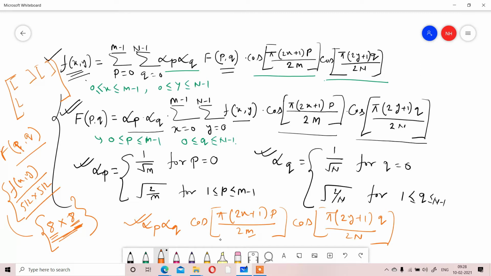Keep in mind, there may be a number of sets. Each set will have an 8 cross 8 matrix. And each 8 cross 8 matrix will be multiplied by that transformation matrix of size 8 cross 8, and you will get fpq of size 8 cross 8, and that will be a set, not a single value. That will be a set of 8 cross 8 size fpq.